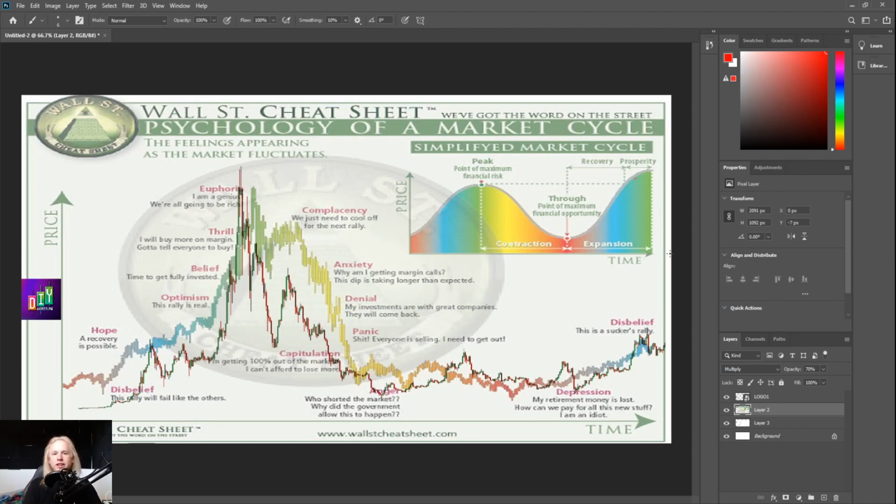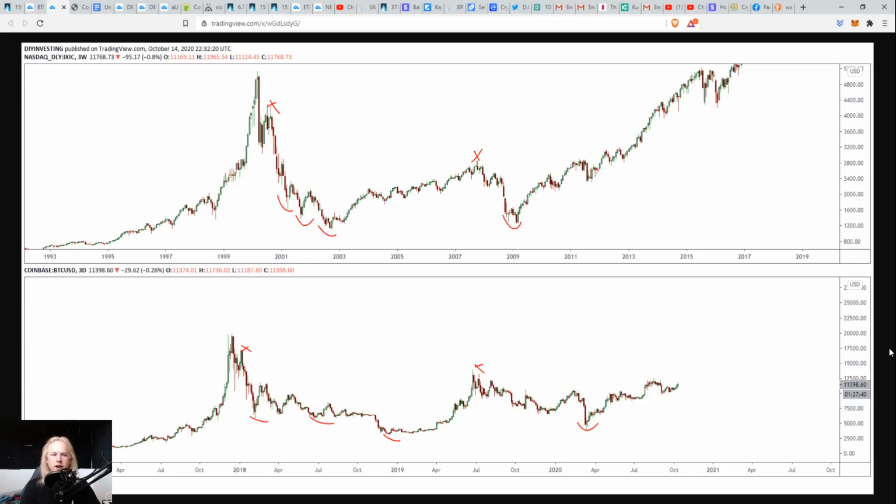Now quickly, let's dive into one more chart that I wanted to share with you guys, because I think this one is also really important to understand when taking a look at the bullish trend of Bitcoin. So here we are, guys, taking a look at the Nasdaq, and we're also taking a look at the chart of Bitcoin, because these are pretty much the same chart. The Nasdaq is basically an index for all the biggest stock companies.